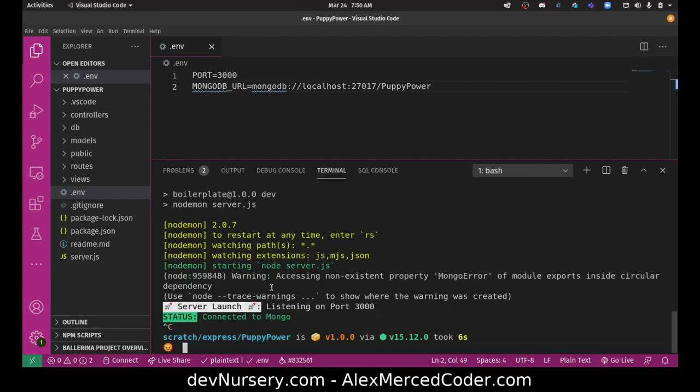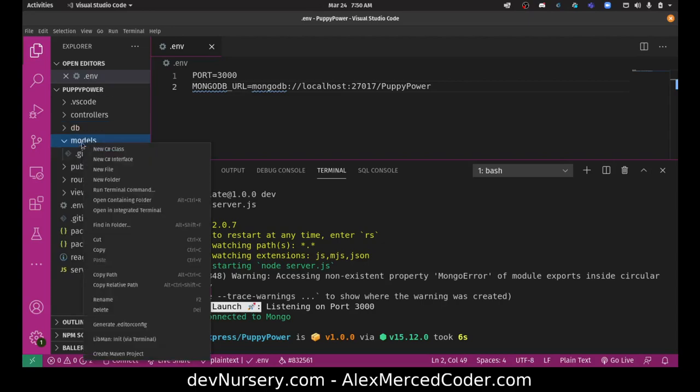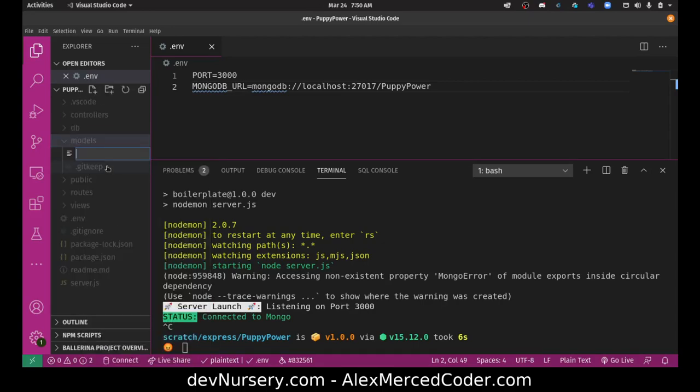So now that I got my files up and running, cool, wonderful. The next step is going to be seeding my database. Well, actually, first I need to make my model. So we're going to make a puppy model. I'm going to make a new file called puppy.js,